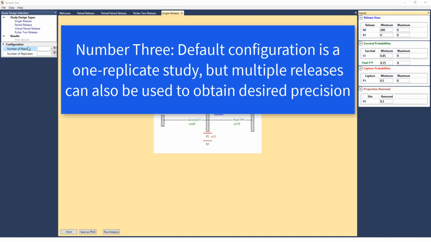An alternative to this is to perform multiple releases, or replicates, for a number of reasons. It may not be feasible to perform a large enough release to obtain the desired precision, etc. It is recommended that you try the same scenario with 2, 3, or more replicates, which would reduce the release size for each release. This may reduce the total number of tags required overall. At some point, though, the total release size could be so large that there isn't much change in the precision in response to the number of replicates used.